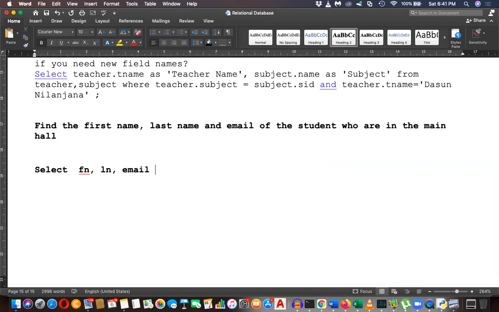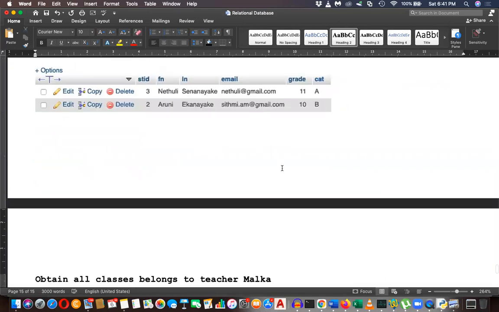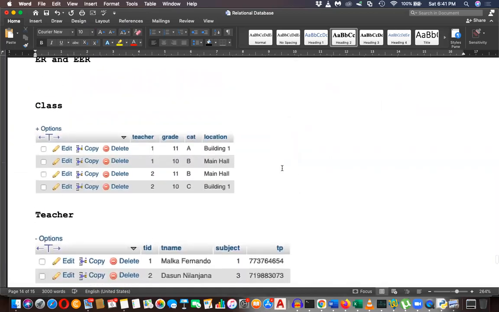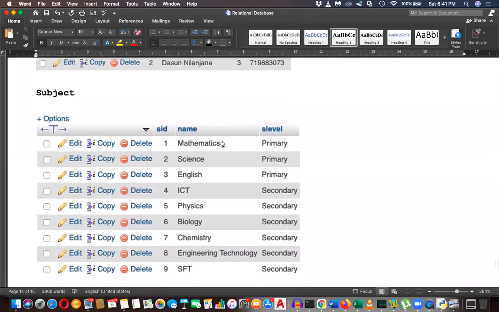Okay, select FN, LN and email from, yes, from, you have to tell the table: TBL student, comma, what is the other table? It is the class table, I believe. TBL student and class table, and you have to relate this class table.